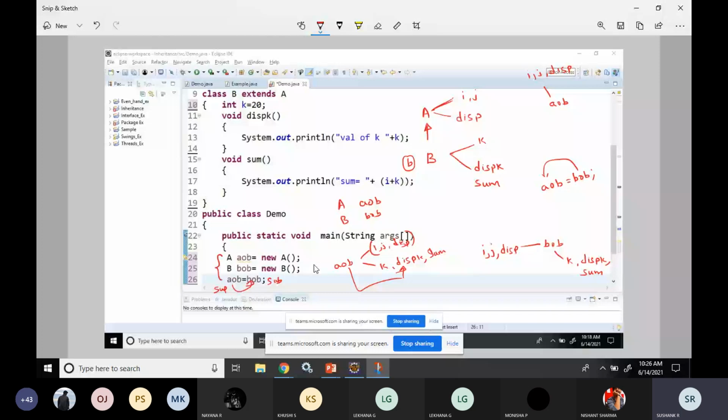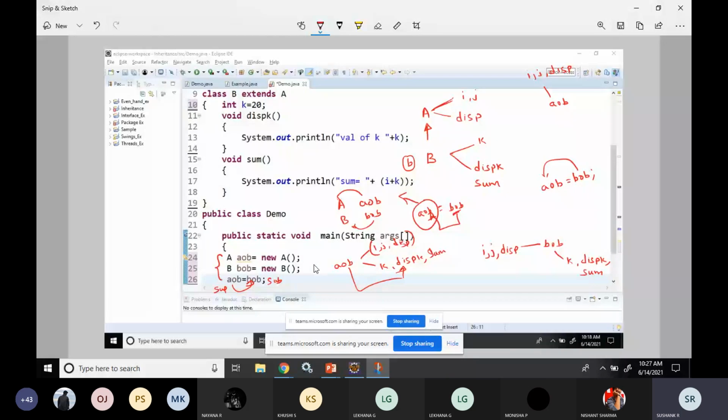AOB is a reference to class A. BOB is a reference to class B. After that, the reference of class B was assigned to the reference of class A. So we thought that since I'm assigning the reference of class B to class A, we can now use AOB to access all the members, but that was not the case. This reference AOB can access only its own class members.